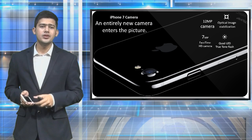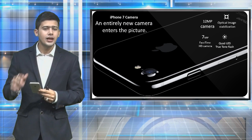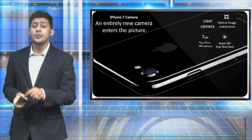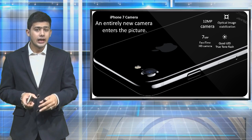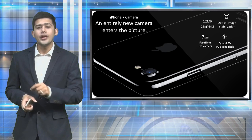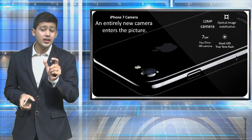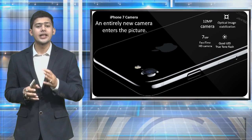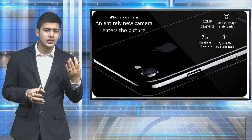Moving on, the iPhone 7 camera: an entirely new camera enters the picture. It is a 12 megapixel camera with optical image stabilization. That is the new part. The FaceTime HD camera is at 7 megapixels and it is quad LED, and they've given the name True Tone Flash. So overall, the camera is much better than the iPhone 6 and the iPhone